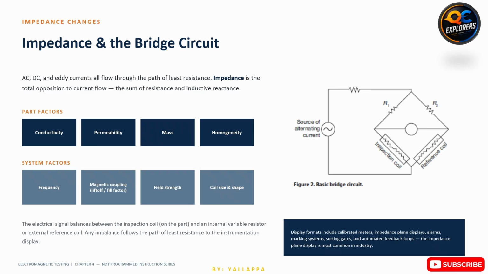Finally, homogeneity describes the uniformity of the material. Changes in microstructure, heat treatment, or composition can also influence the signal, even when no crack is present. Now let's look at the system factors. The most important is frequency. Higher frequencies increase surface sensitivity but reduce penetration depth, while lower frequencies allow the magnetic field to penetrate deeper into